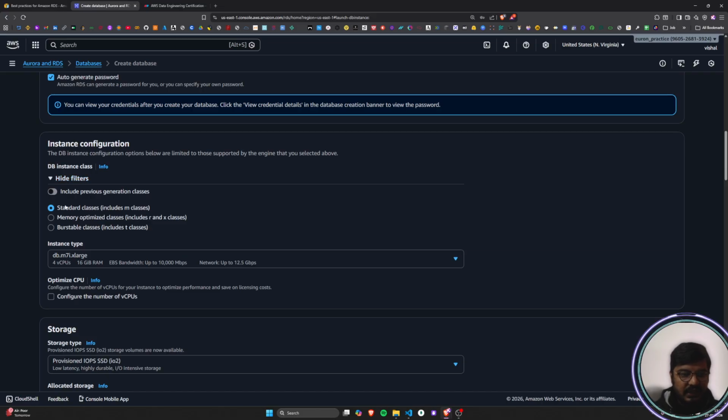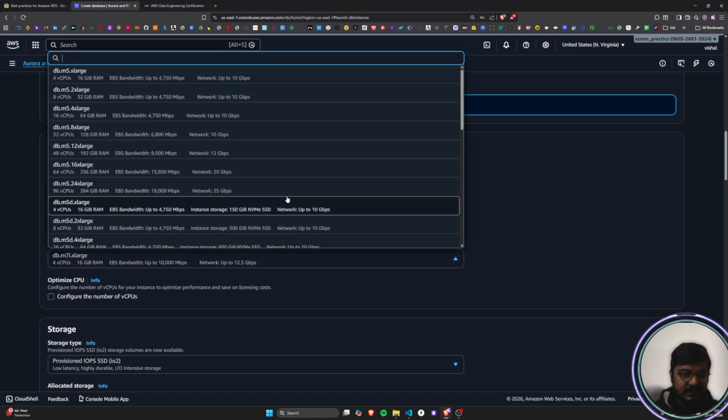So again, we have three types of instance classes. The first one is the standard class, which includes the M classes. M is a series which signifies the standard classes. If you look at the database instance sizes, there are different options available. Here you can see db.m5.xl, which will have 4 virtual cores and 16 GB of RAM. The elastic block storage bandwidth will be